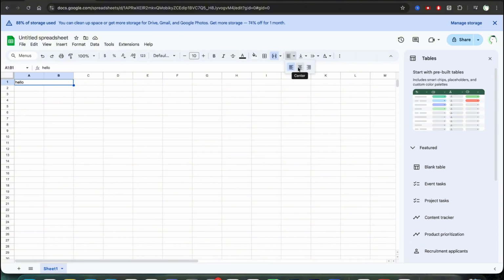And now I can select the entire cell and do whatever I want. So for example, I can just center it, or make it to the right, center, etc. So I can do whatever I want with the entire cell. And basically that is it. That is how I can merge